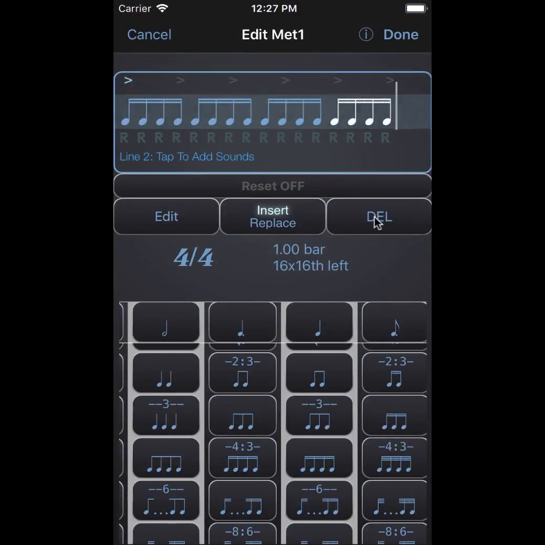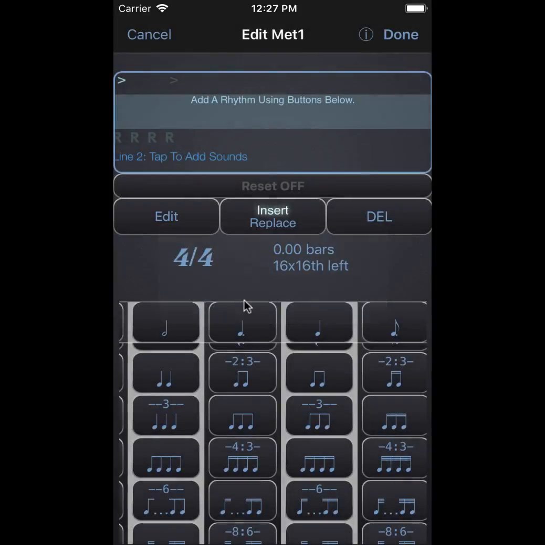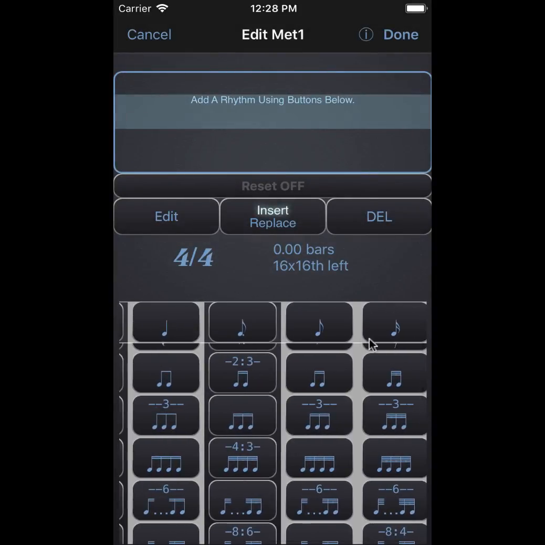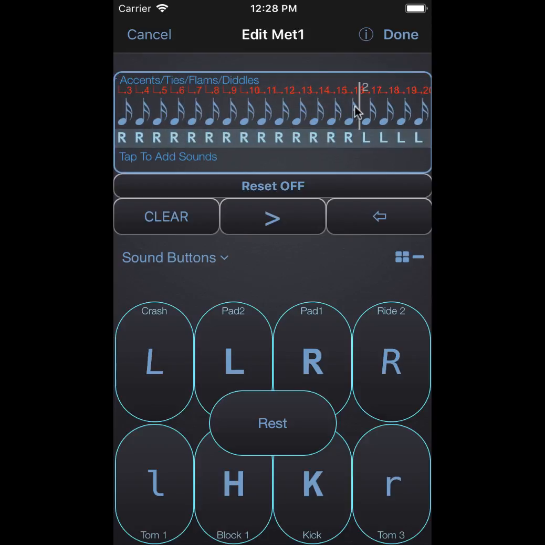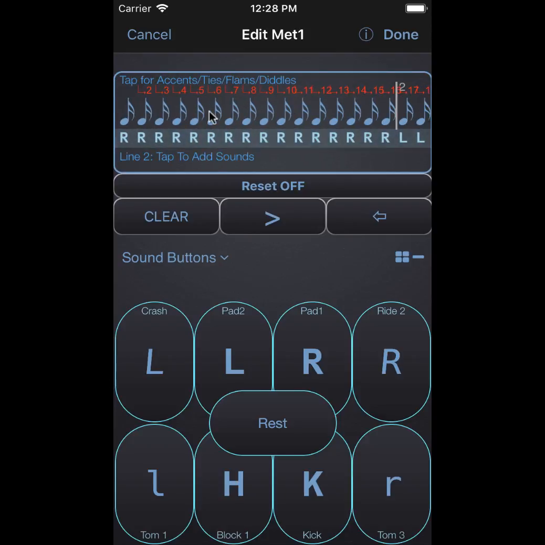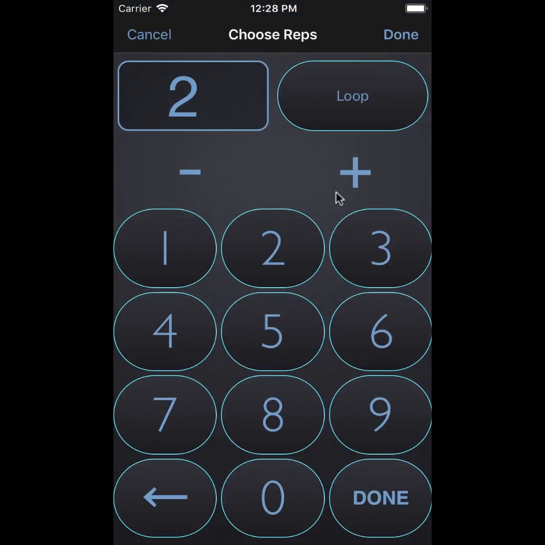It might make it more obvious if I put just a single note. When I delete this, it asks me if I want to clear the sounds. If I say no, then those R's and L's are still remembered. And I could just put a single 16th note. If I click on the sounds, you'll see that it shows me all of the loops required for the sounds I've entered. But on this page, if I say play twice, now we only get 2 16th notes. But if I set this to loop,